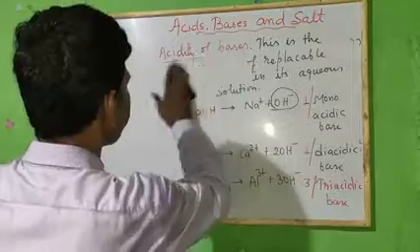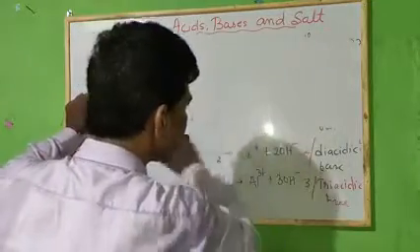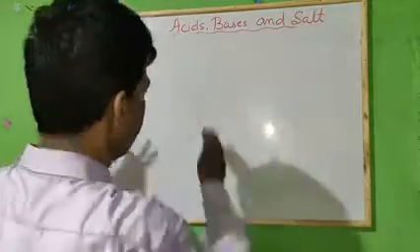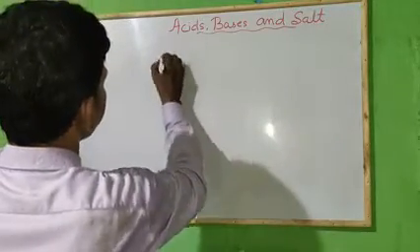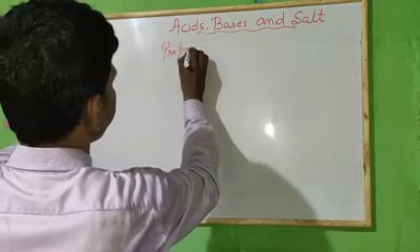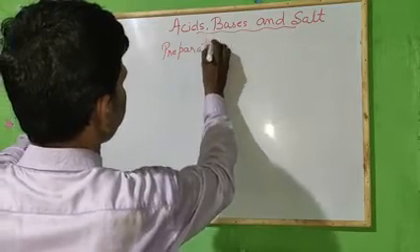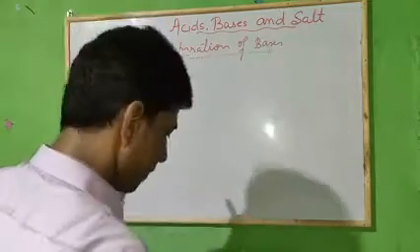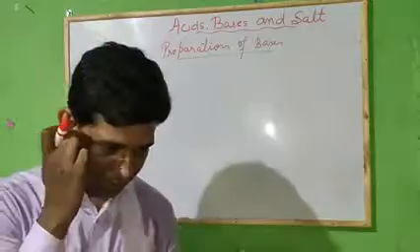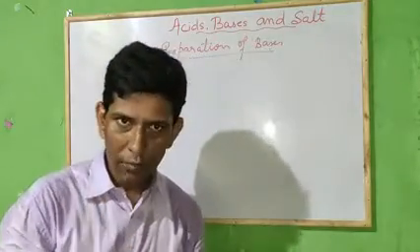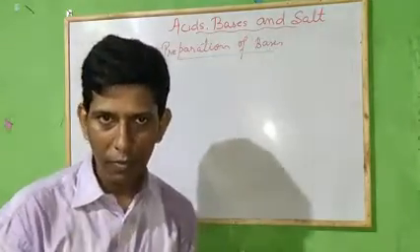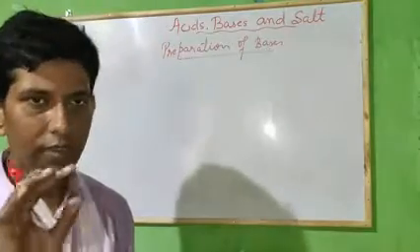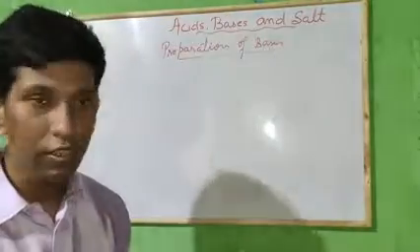Now the next thing we have to study is how we can prepare bases. Clear? There are so many ways. A very simple method we will try to discuss. Preparation of bases. First of all, you have to know that there are two types of bases. Already I have explained water soluble bases, which are also called alkalis, and the second one is water insoluble bases.